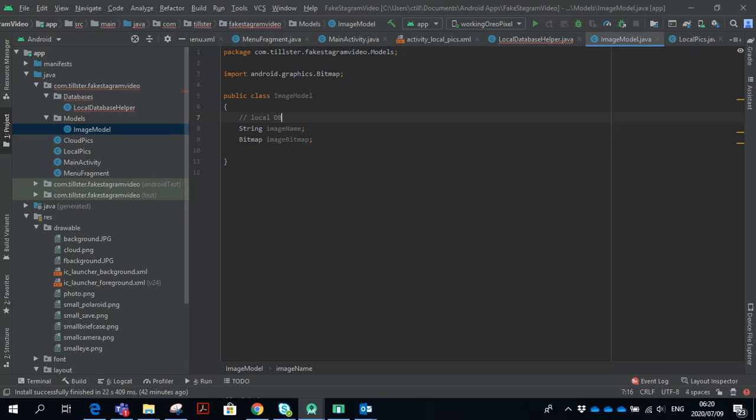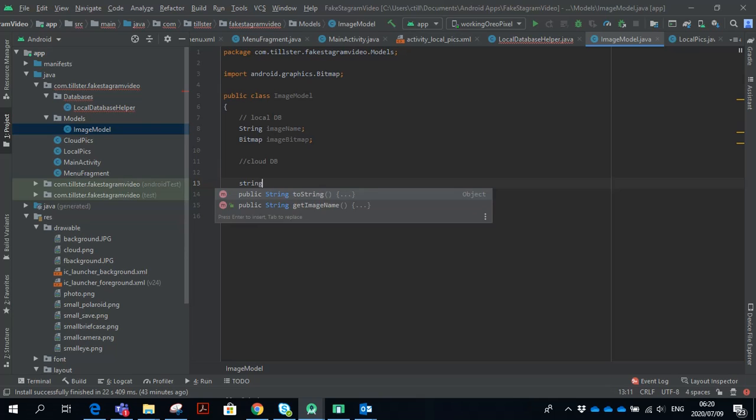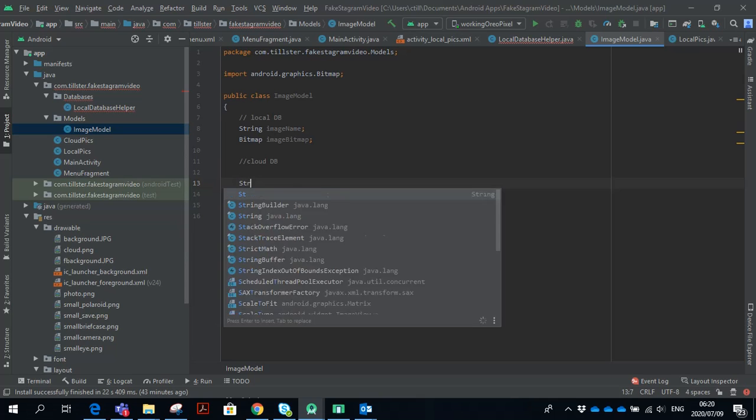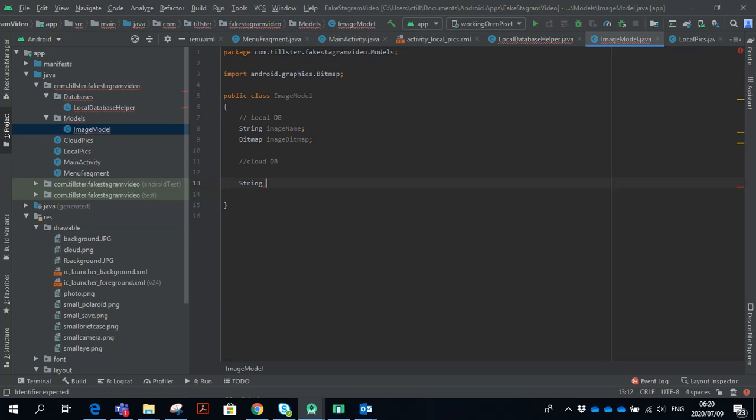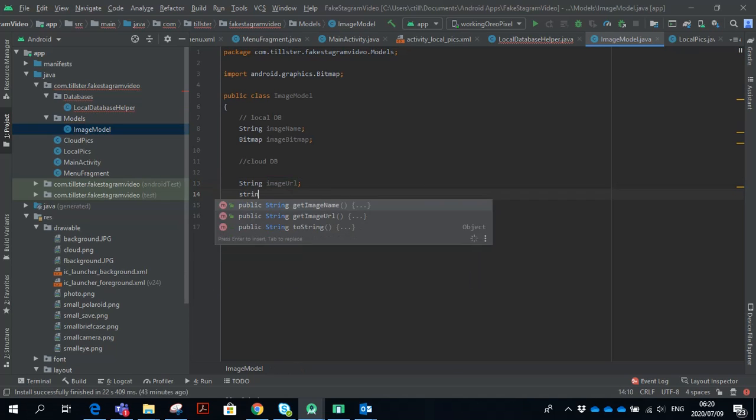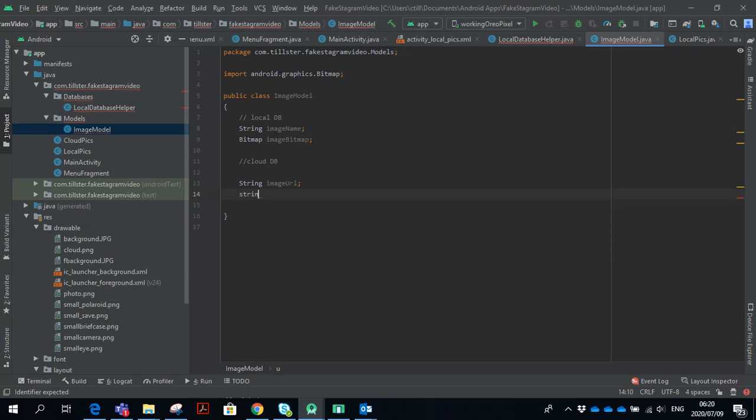When we go work with the cloud-DB, we are going to need a string image URL and a string